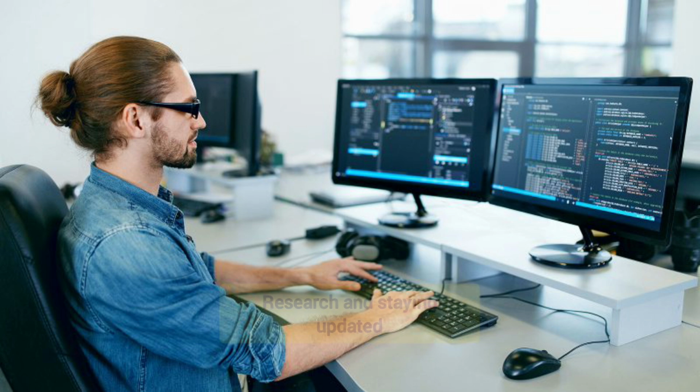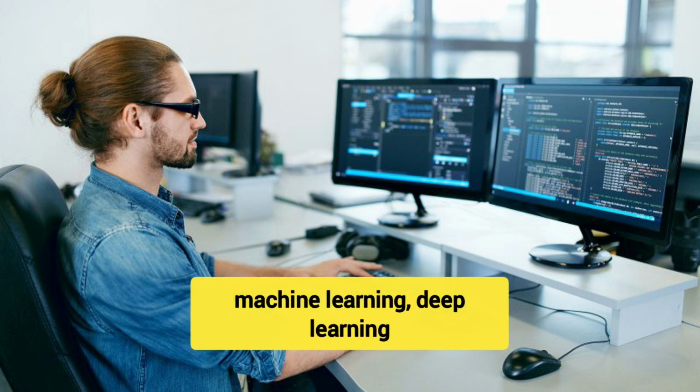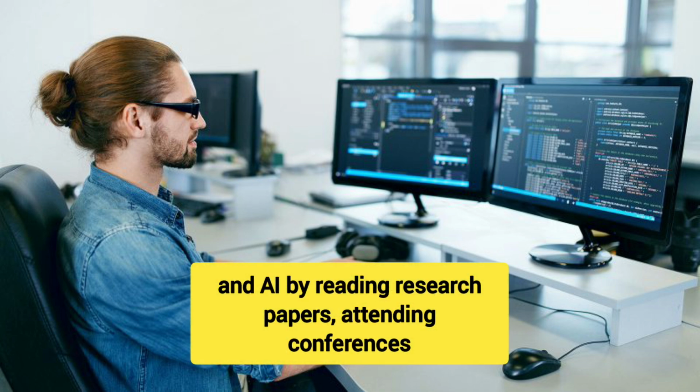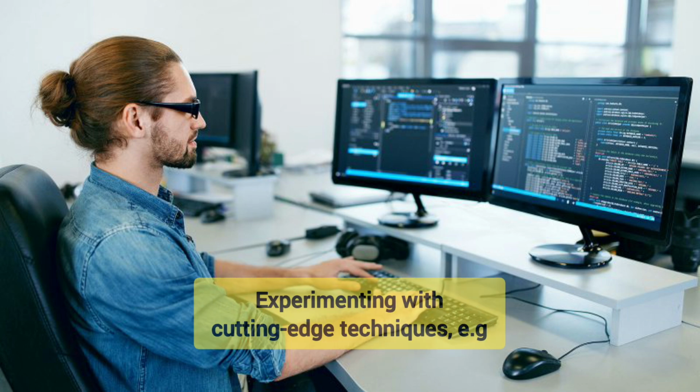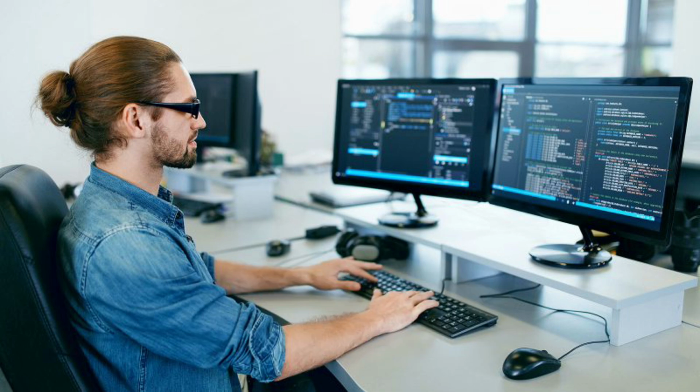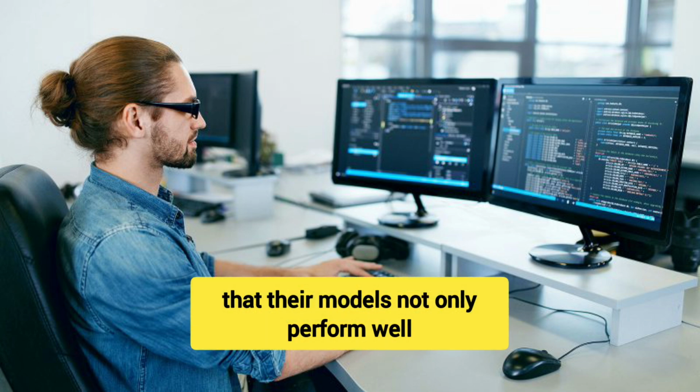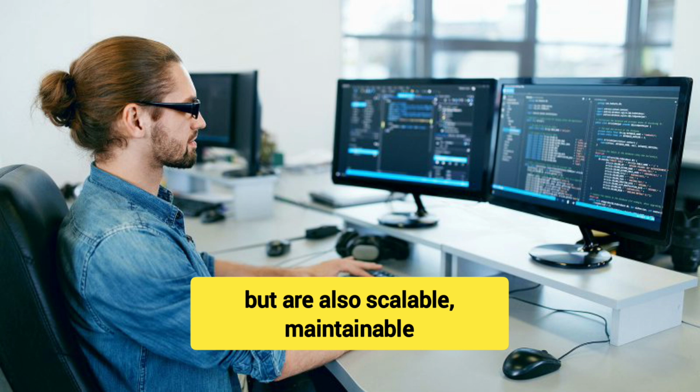10. Research and staying updated: keeping up with the latest developments in machine learning, deep learning, and AI by reading research papers, attending conferences, or taking courses. Experimenting with cutting-edge techniques, e.g. transformers, GPT models, GANs, to enhance ML applications. By executing these tasks, ML engineers ensure that their models not only perform well, but are also scalable, maintainable, and